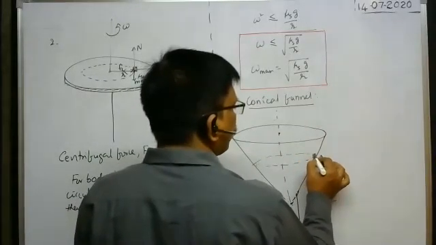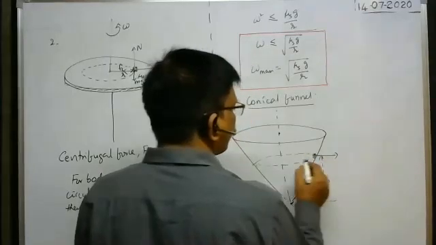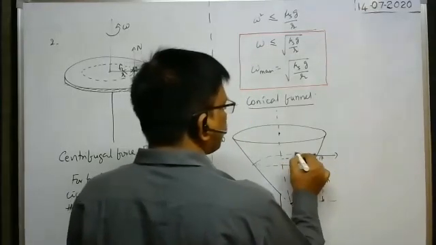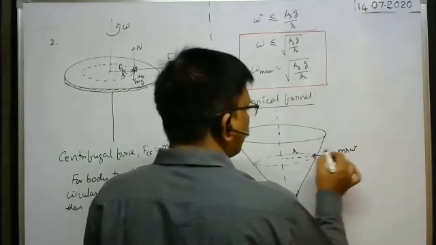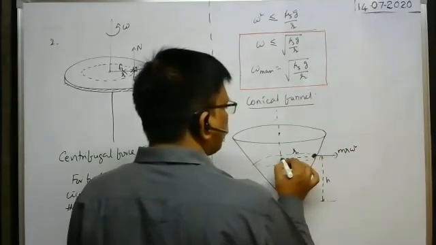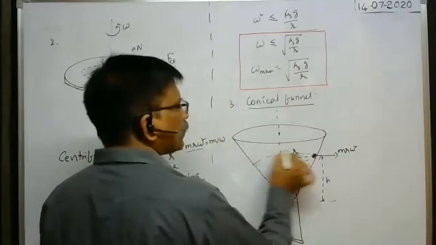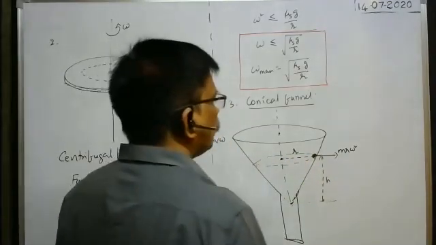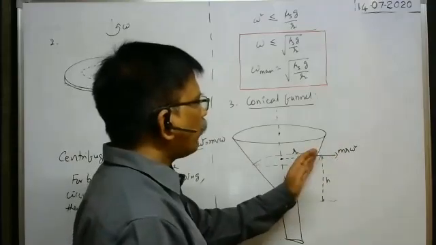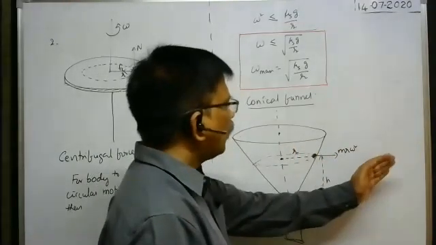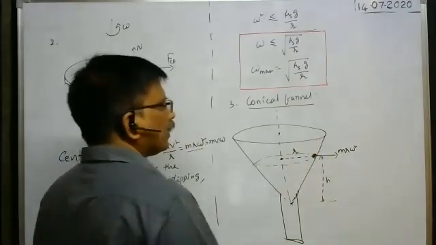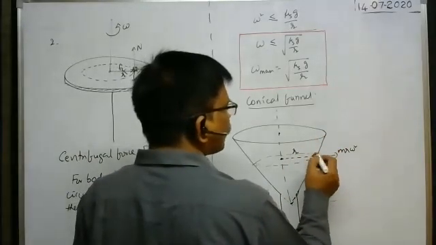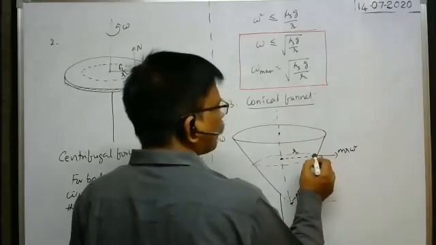Then this body experiences centrifugal force. Here the radius of the circular path is a small r. Okay, then m r omega square centrifugal force acts on the body away from the center. This is the center for the circular path. Because of this centrifugal force, the body tries to move outwards, but at the same time, the inclined surface of the conical funnel is there, no? That inclined surface of the conical funnel exerts the reaction force on the body.